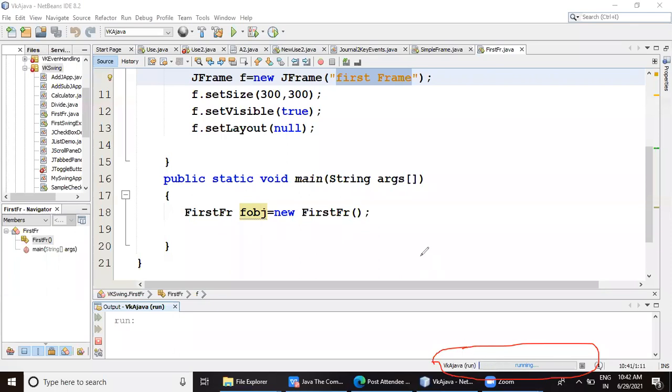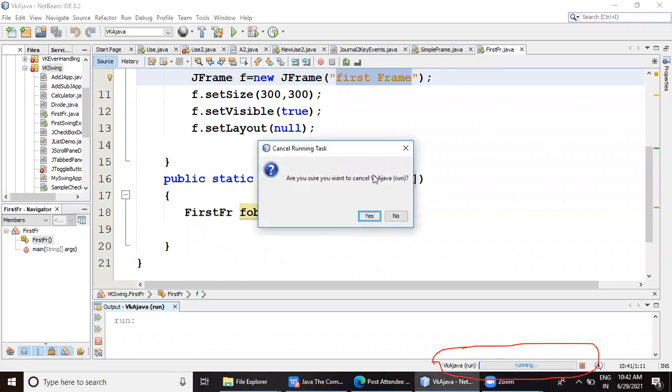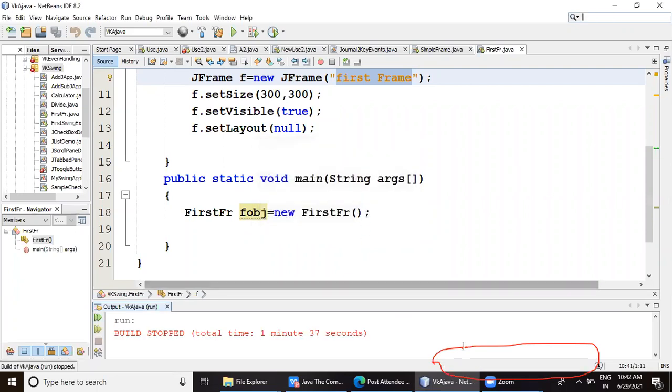If I want that once I close the frame window, automatically this execution should stop, because if it keeps running, then it might create problem for other execution. So if I want that, then I have to include that line which I have cut. What is that line? I will show you. Okay. Right now, since I have not included it, I will have to click here and exclusively I will have to cancel the execution.